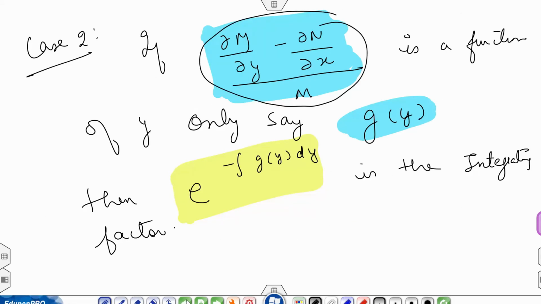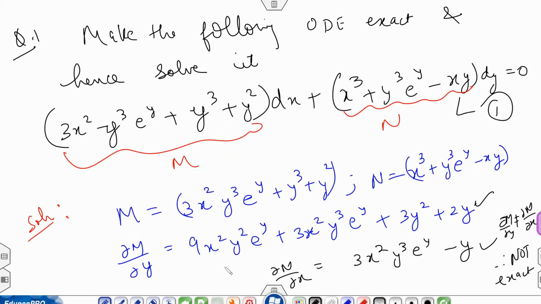Now you have to find out this quantity. See, the difference between this quantity and the previous quantity is that the previous was divided by N, and here you can see that it is divided by M, right? And here if you divide by M, we have to take a minus sign, then it should be a function of y only, and if we divide with N, it should be a function of x only, and then the integrating factor does not have this minus sign. So first of all you will just find out the difference between these two quantities, del M by del y and del N by del x.